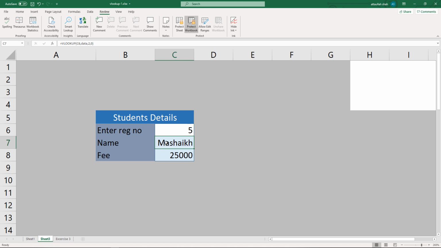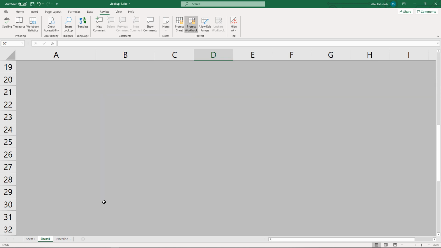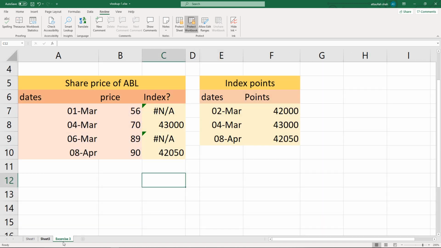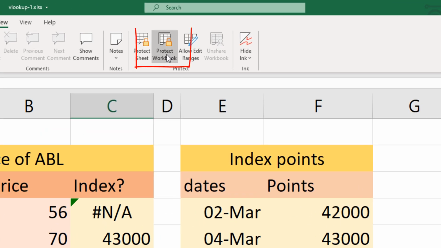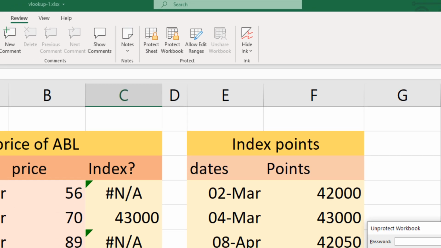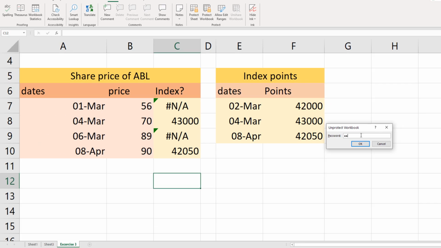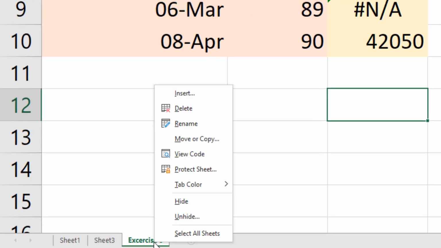Okay, so there is some data but I cannot see it. And the reason is that this workbook has been protected. Once the workbook is protected, any hidden worksheet is not shown. It is asking for a password. I don't remember, but I think it was 1 2 3.